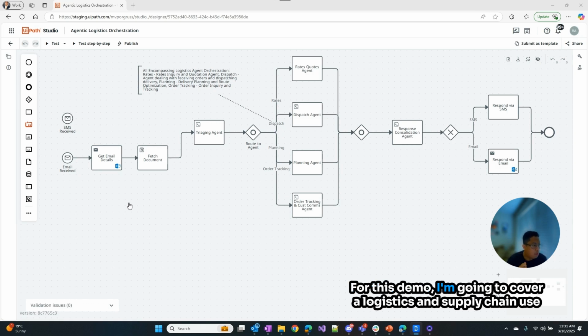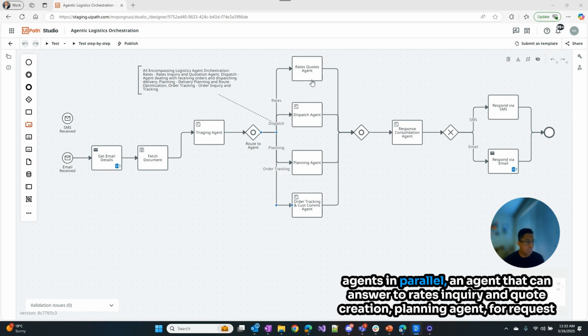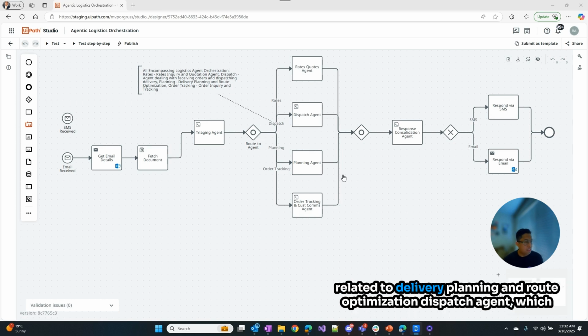For this demo, I'm going to cover a logistics and supply chain use case using a pretty elaborate agentic orchestration flow. This agentic workflow employs multiple agents that can intake requests handled by one or more of the following agents in parallel. An agent that can answer to rates inquiry and code creation,